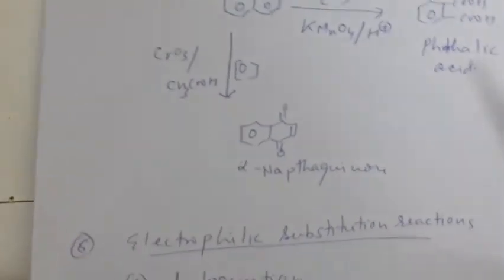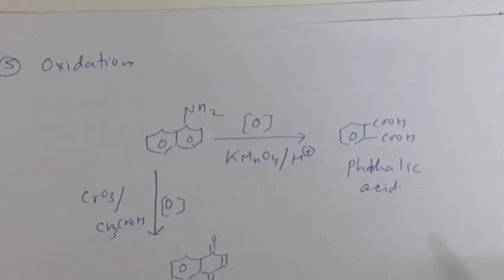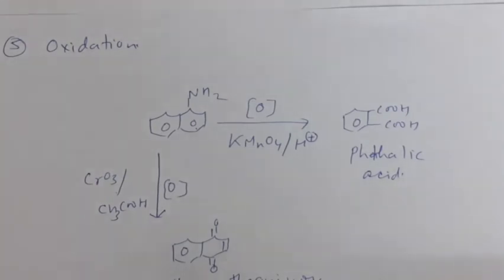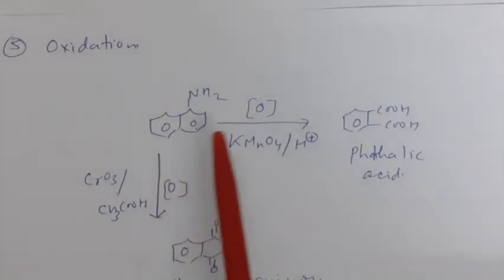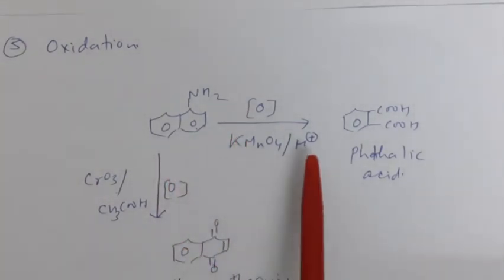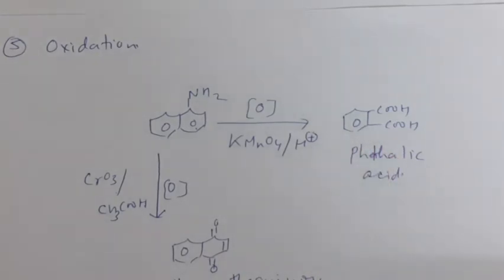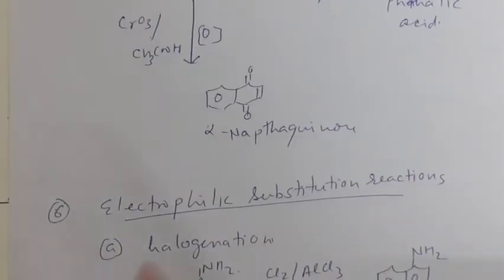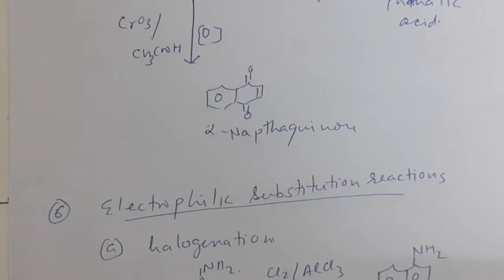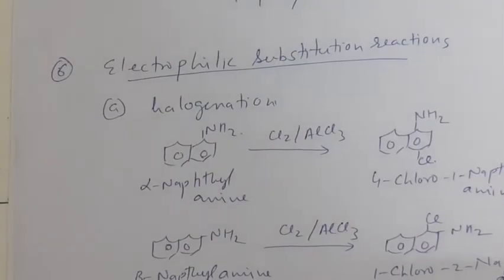The oxidation of naphthylamine. If naphthylamine is oxidized with KMnO4 in the presence of acid, it gives phthalic acid, and with chromic acid it gives alpha naphthaquinone. It undergoes electrophilic substitution reactions